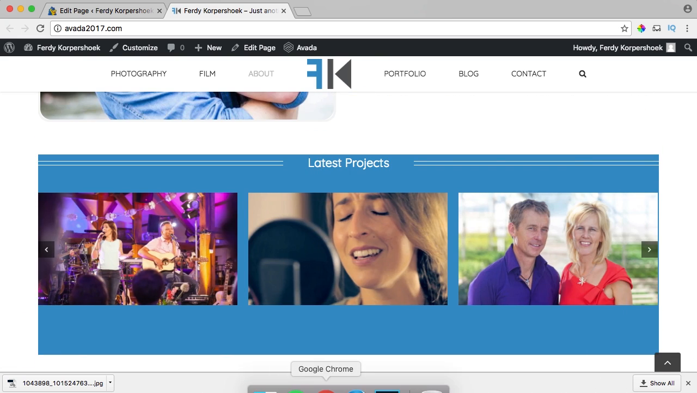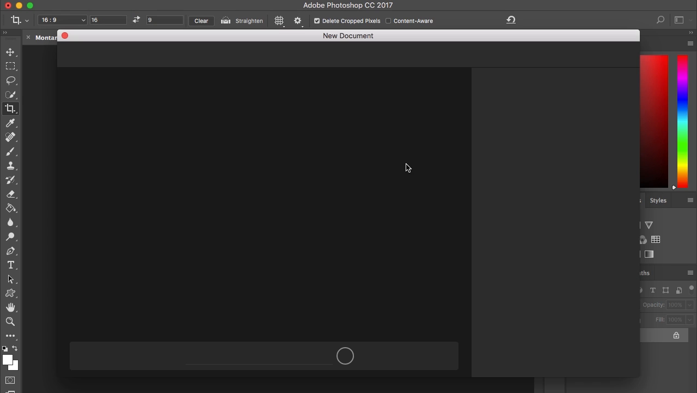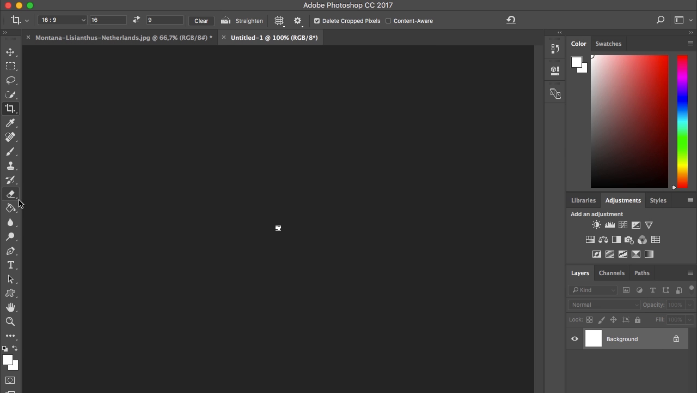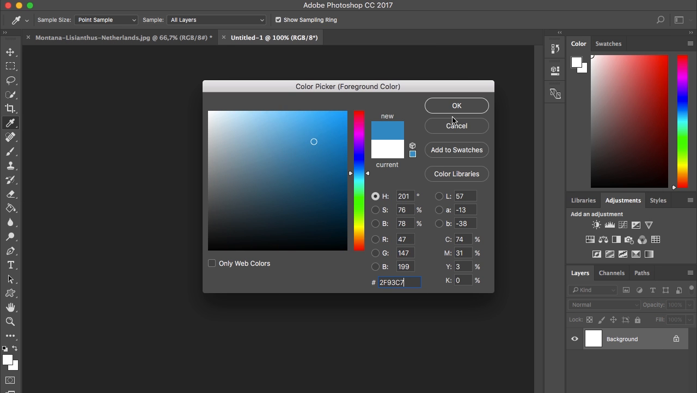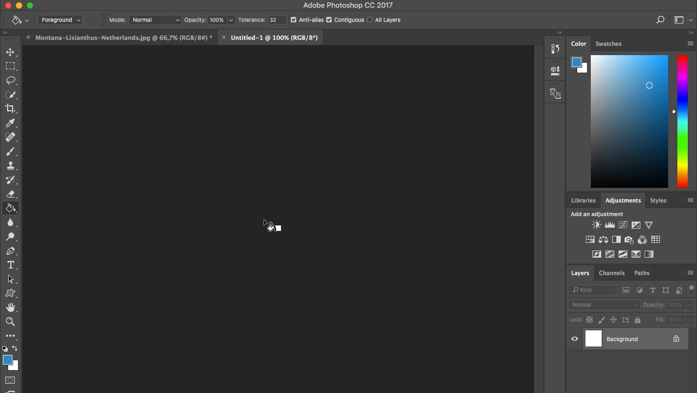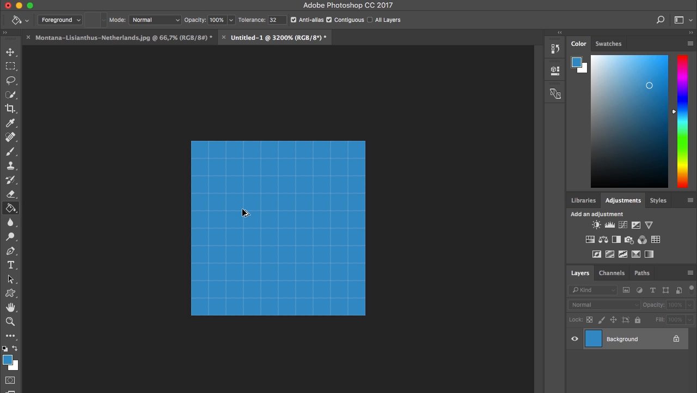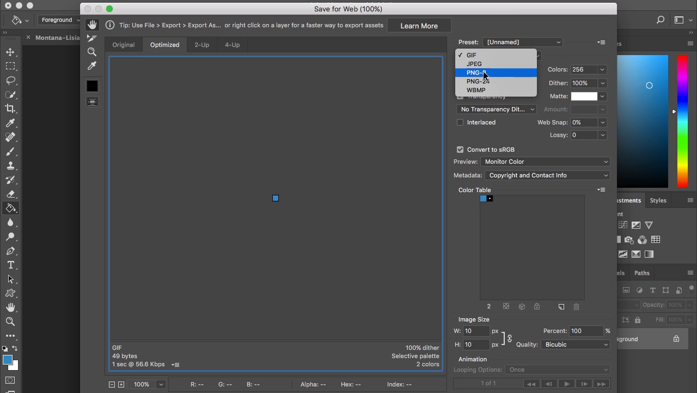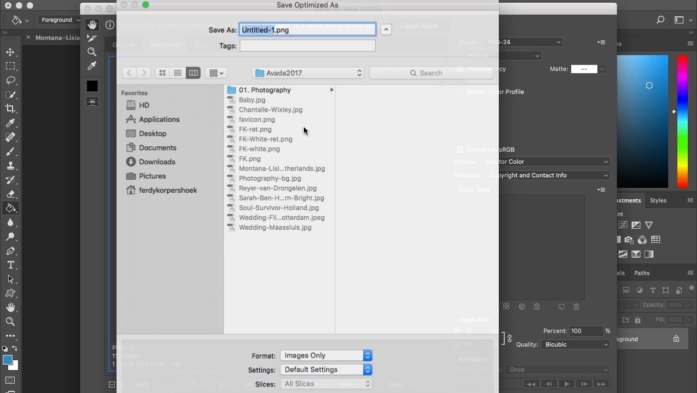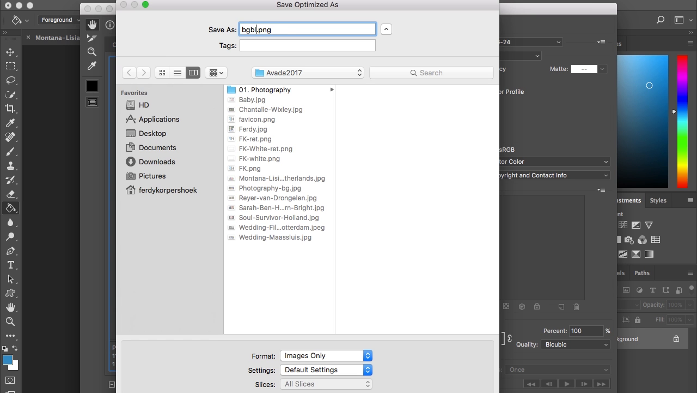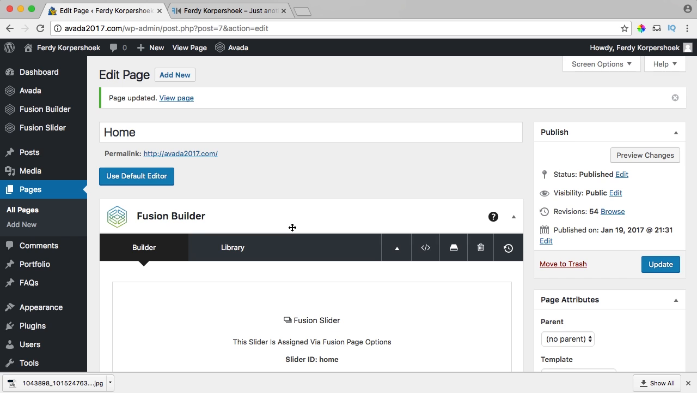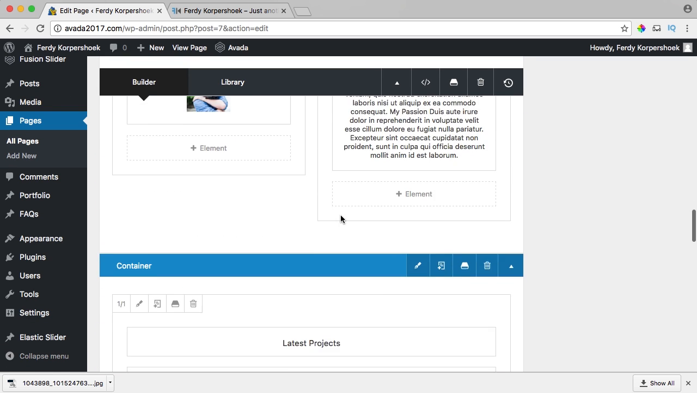I will go to Photoshop, create a new picture that is 10 by 10. Create it, and then I will paste the color code. I save this as a PNG, and I call this one background blue. Save it, edit the page, go to portfolio,